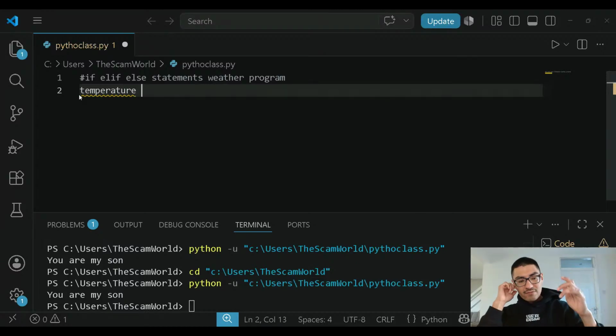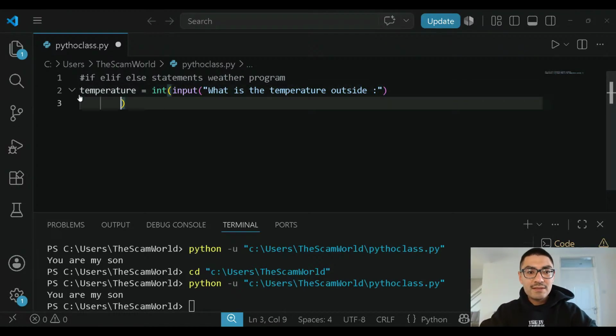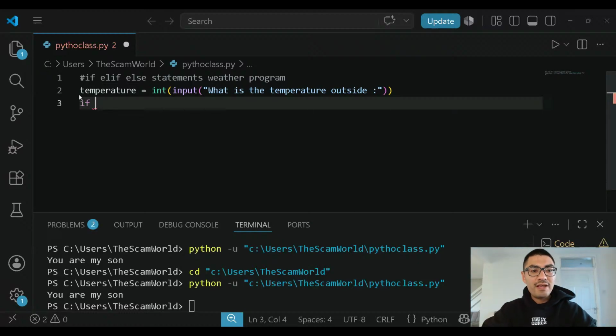stream, and then we're going to set up a variable named temperature. And then we're going to set up our integer, and then we're going to do input, parenthesis, colon, what is the temperature outside? And then parentheses, guys. And now we want to do our if condition. So if whatever I have stored in the variable temperature is greater or equal than 120,